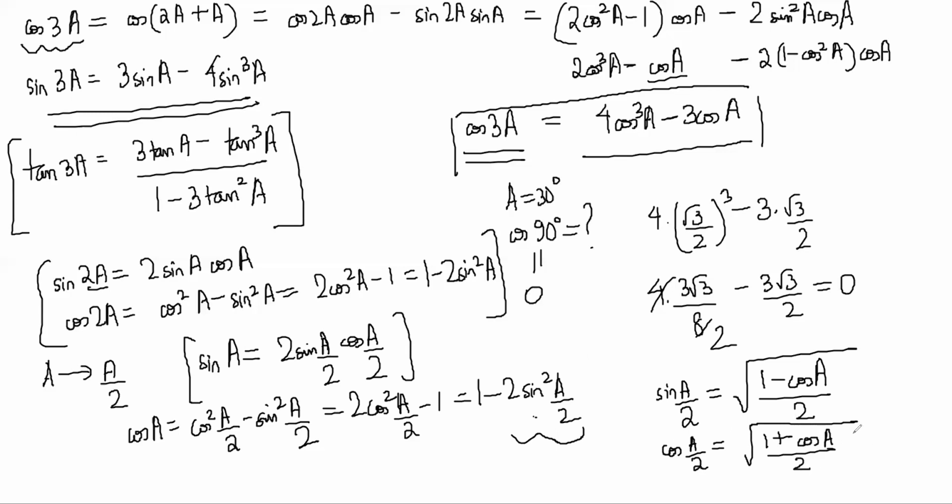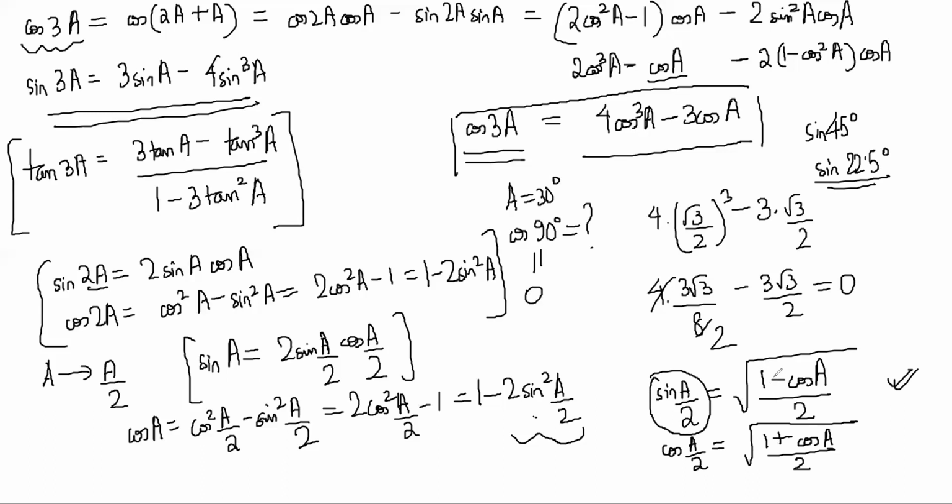So now this gives you a way to find half angles and all. So once you know, say, sine 45 degree, you should be able to find sine 45 by 2 degree, or 22 and a half degree, right? You understand, because you have these results now. Sine 22 and a half degree is equal to this, right? And cos 22 and a half degree will be equal to this.